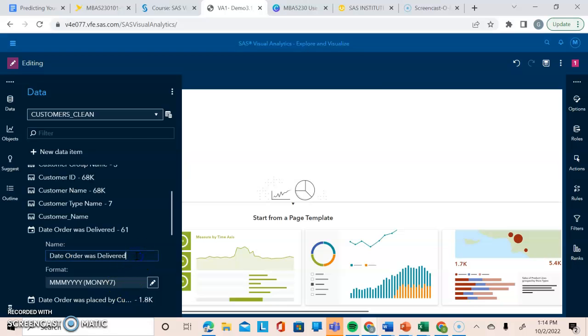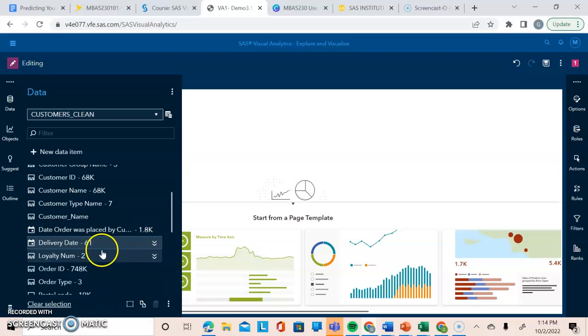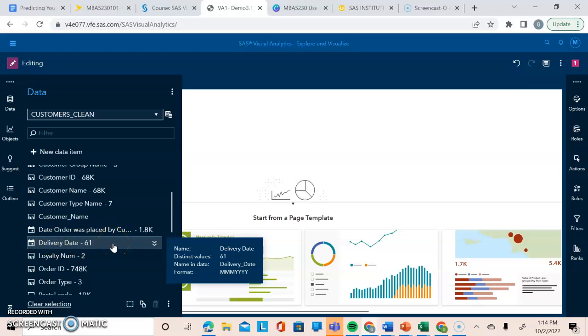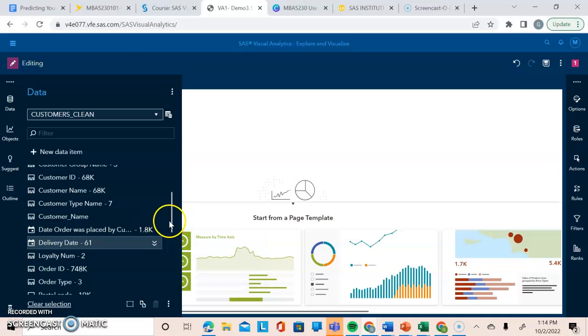And then we're asked to rename it to delivery date. So under name, we'll just put delivery date. And then to save it, you just click enter. And now you see that it has been changed. Then it asks us to modify the properties for the data item discount in percent of normal total retail price,